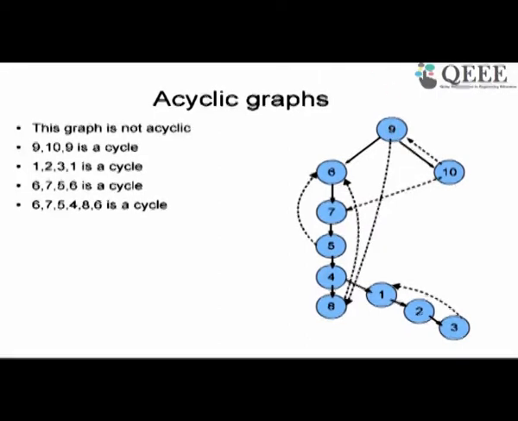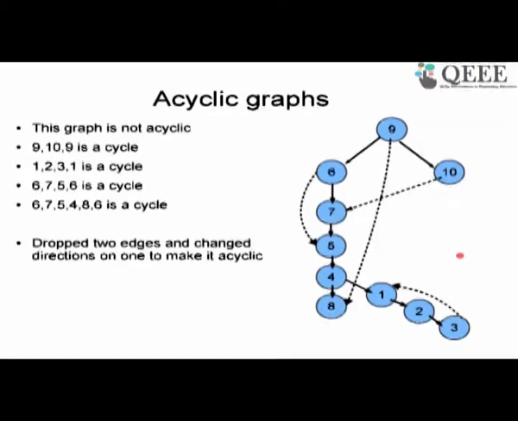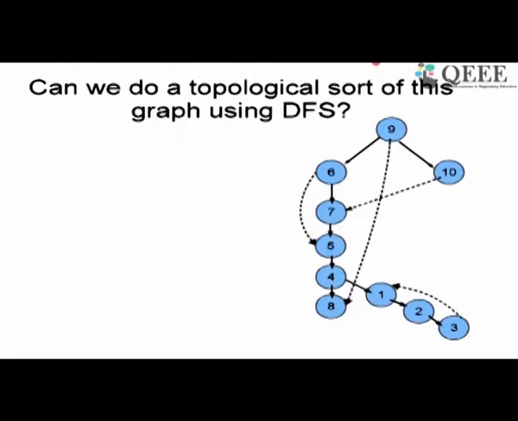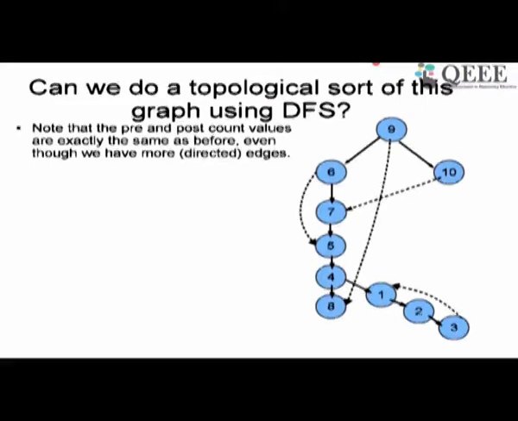So you have to remove the cycles from this graph. Let's say I remove all the edges which form cycles in this graph. Now I have got a graph, right? Of course, this edge also has to be dropped, right? This edge also has to be dropped. So if I remove all the cycles in this graph, then I can ask myself whether I can do a topological sort of this graph. And the answer is you can do it by looking at a depth first search of the graph and